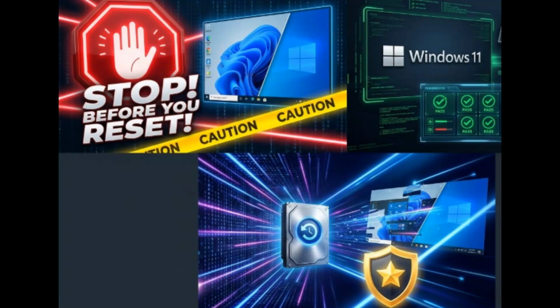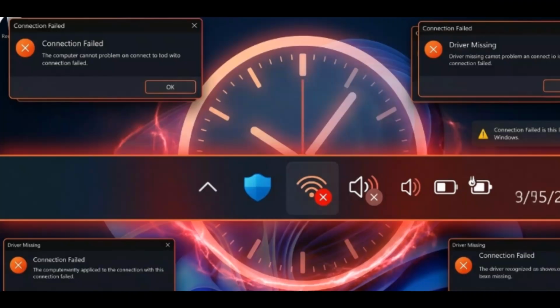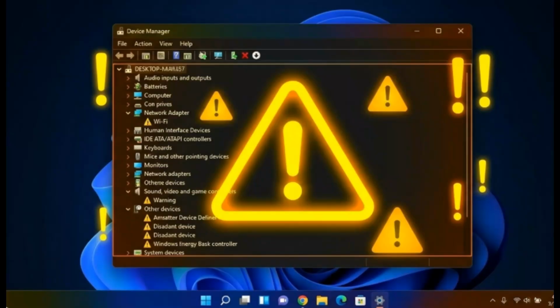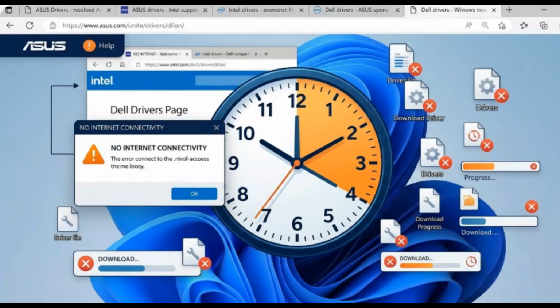Stop before you reset your PC or perform a clean install of Windows 10 or 11. You are forgetting the most important step. Without this, you might end up with no Wi-Fi, no sound, and a screen full of yellow exclamation marks and blue screen of death errors. Finding original drivers from the manufacturer's website can take hours, and if your internet is also not working, you are stuck